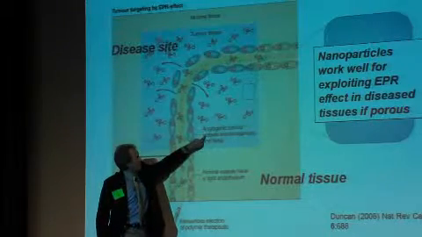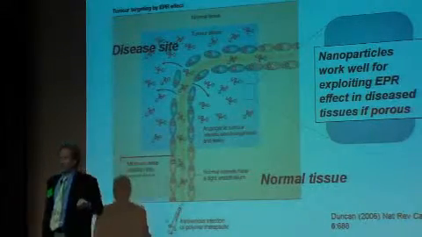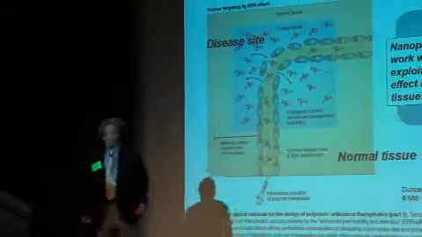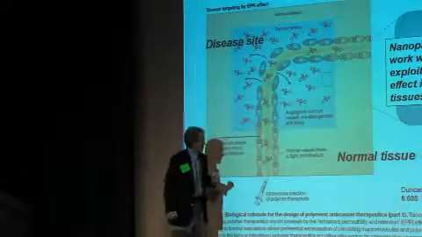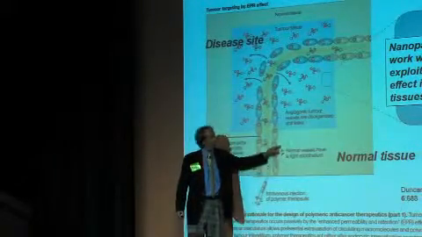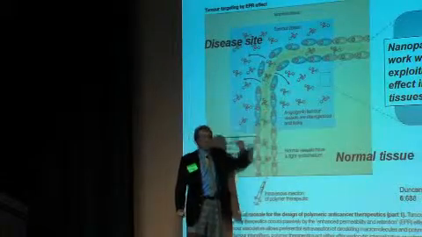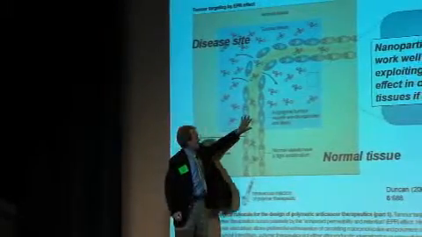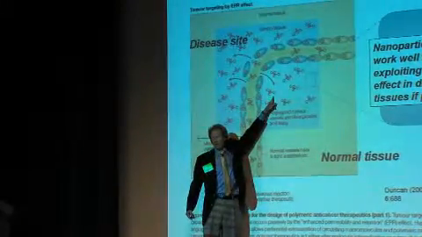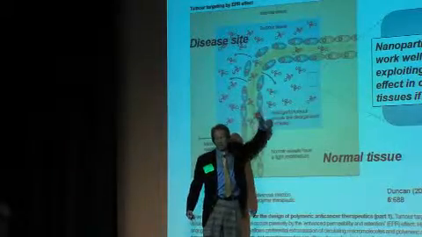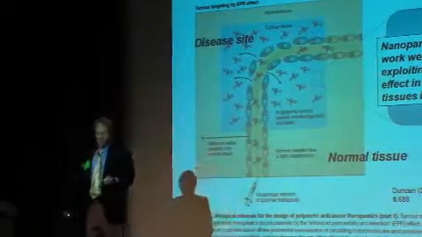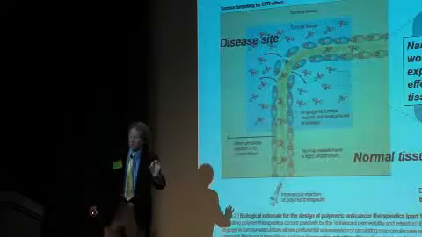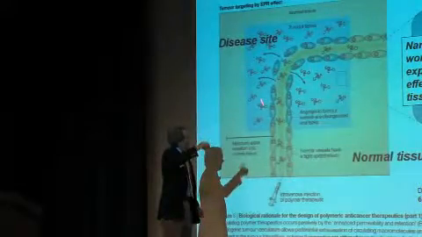So in a diseased tissue, the vasculature becomes leaky. In an inflamed tissue, the vasculature becomes leaky. So in any disease or pathologic state, we have leaky vasculature. So the EPR effect states that normal vasculature is tight, diseased vasculature is loose, and if we can keep particles circulating long enough, statistically, every time they pass a diseased site, a certain fraction will partition out through the leaky holes into the diseased state. So we see what we call passive targeting. If we can keep particles in solution long enough, and they circulate long enough, a certain fraction, a small fraction but a measurable fraction, will partition out into the disease site.